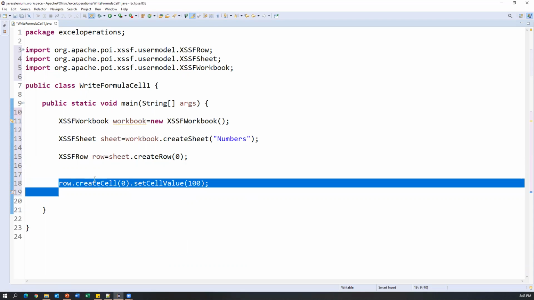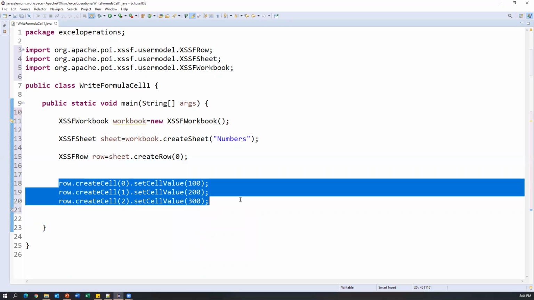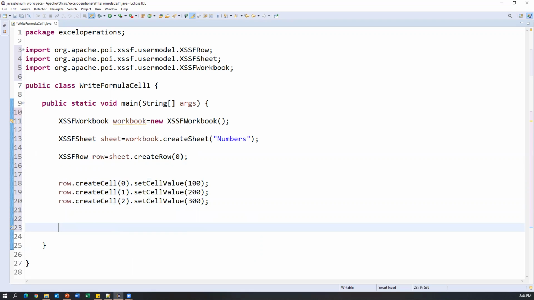Similarly, I'll create multiple cells: the zero cell, the first cell and a second cell. So now three cells I created. In the second cell I'll say 200, third cell I'll say 300. So three cells I have created: 100, 200 and 300. Okay, now once you created these three cells, then what I can do is I'll create one more cell, and